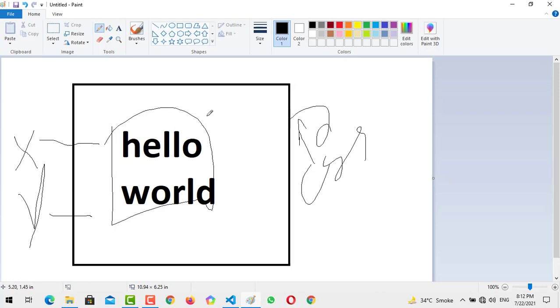I have to implement the padding top. When I implement the padding top on this divider, it will affect the content inside the div.